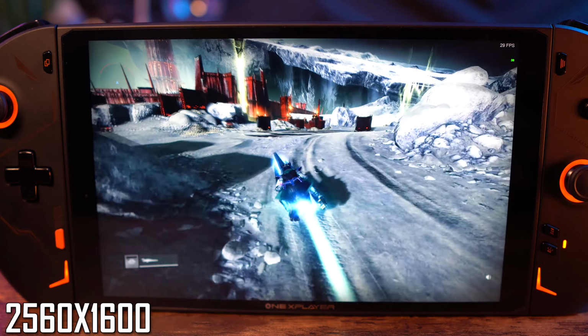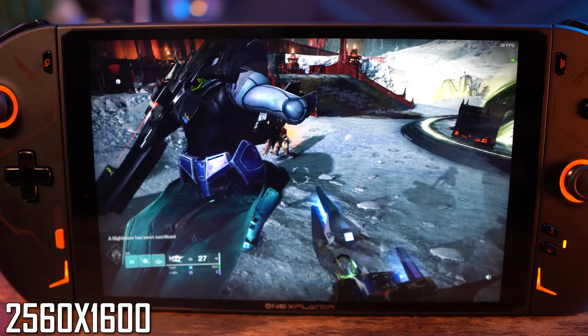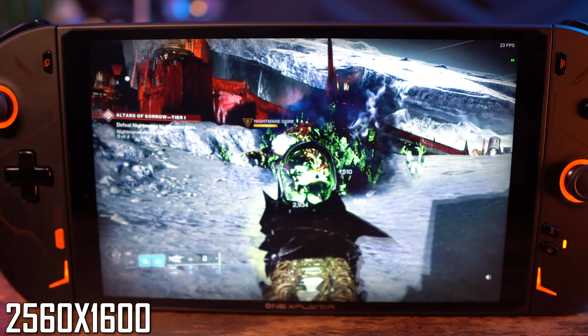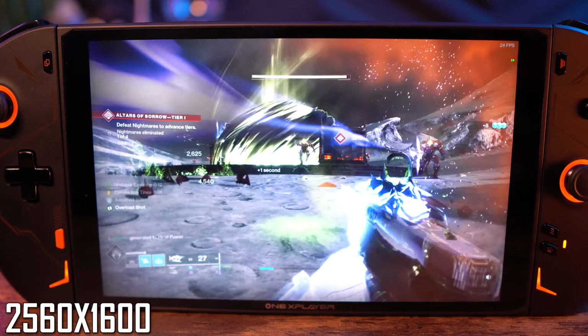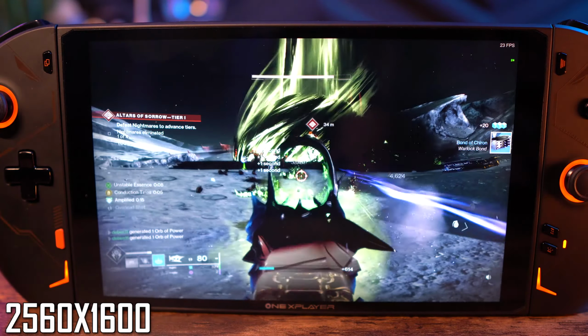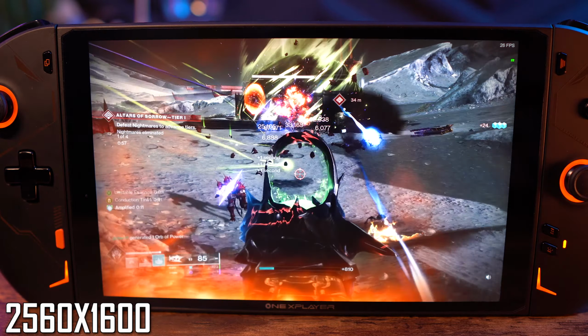Now at 1600p, this isn't going to perform that great. This holds in the 30s with occasional peaks into the 40s when there aren't any bad guys around, but once the action picks up, this drops more consistently into the 20s. I wanted to push the hardware a little, so I went to Sorrow Harbor on the moon where there are waves of bad guys, and playing there, this was in the 20 FPS range for most of the time, which